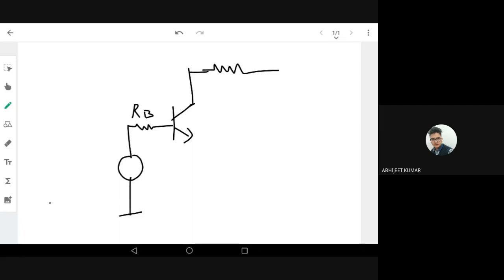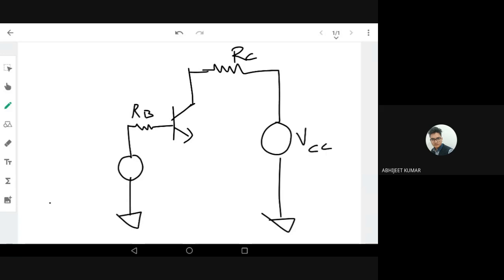Then we have RC, this is VCC, this is VBB, and this is grounded. Now here we know this operating point, beta is the